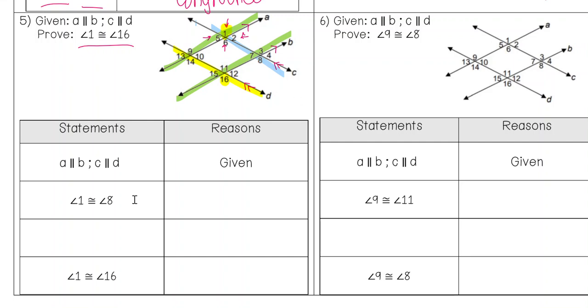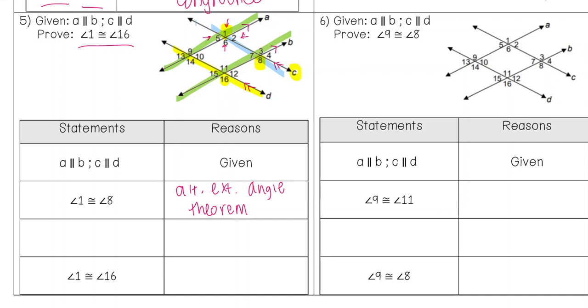So considering the first move was that 1 is congruent to 8, those two angles are on the same transversal C, and they are between those parallel lines A and B. So I can state that those are going to be congruent based on the alternate exterior angle theorem because I know that those lines are parallel and that they're sharing that transversal. Looking down to my next row, it's completely blank, and then I see my final row of proving 1 and